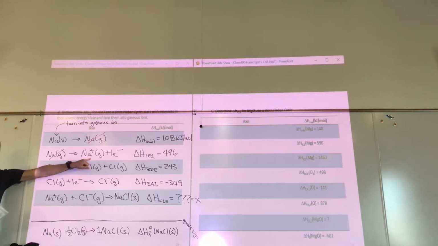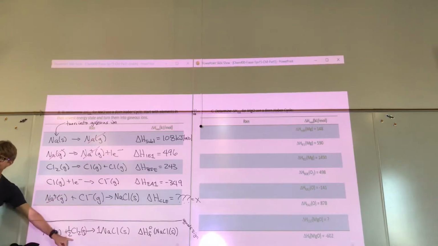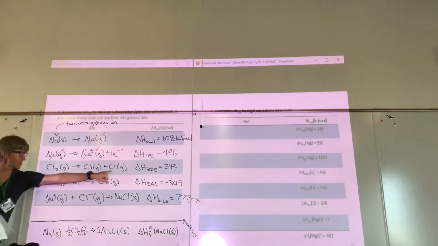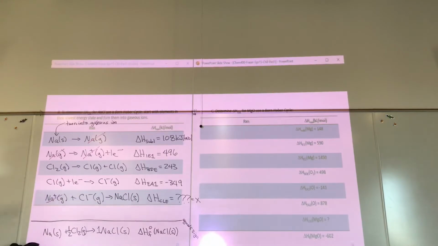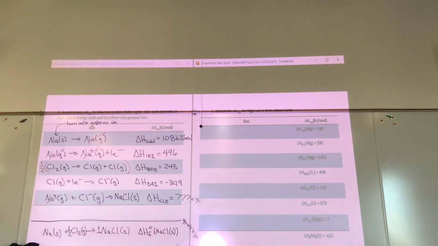Sodium ion gas does cancel. Chlorine 2, well, something's up because I have half Cl2 down here and just one Cl2 there. However, there's a couple things going on because I have 2 Cls and only 1 here. Anyway, the next step is to figure out that this reaction has to be multiplied times 1/2 to get it to cancel out. And if the reaction is multiplied times half,